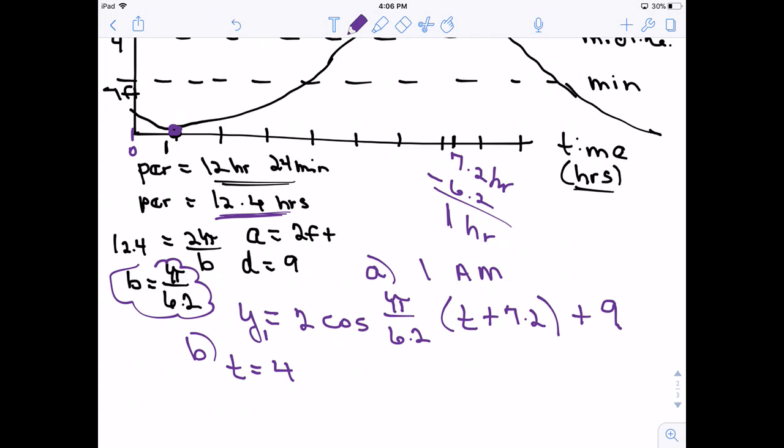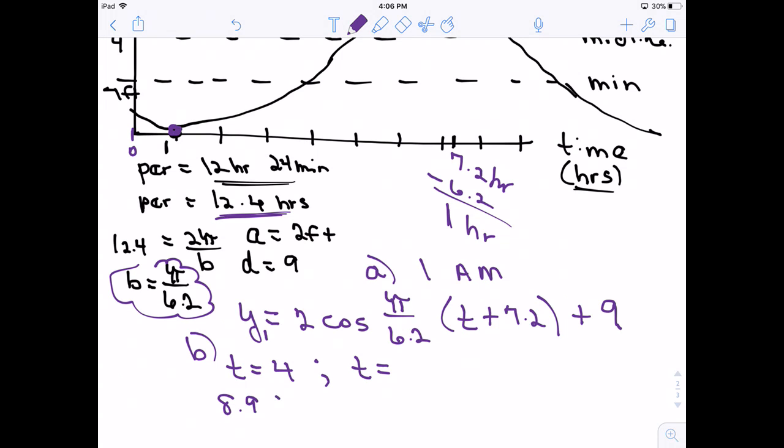And then for the second part, you would substitute the time of 9 p.m. So where is that? That's how many hours after midnight? That's where you have to be careful, right? So let me just put in this 4 for 4 a.m. and that's going to give you